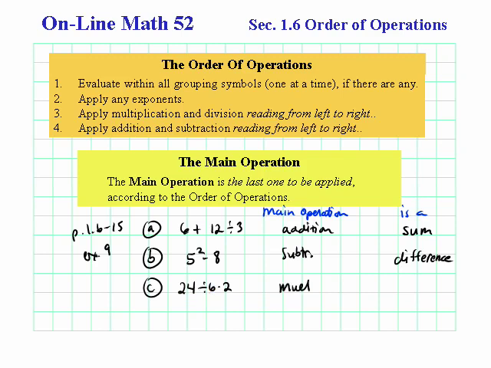I'll abbreviate that. Multiplication. So that means that this expression is a product. That's the word we use for multiplication. Talk about the expression. It's a product. Okay? Letter D says 9 minus 5